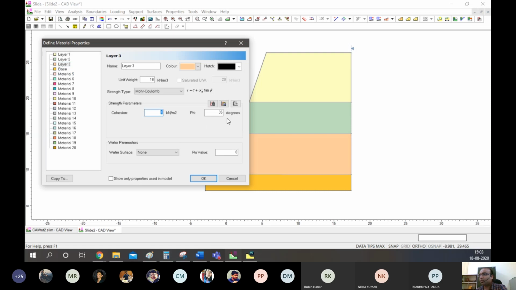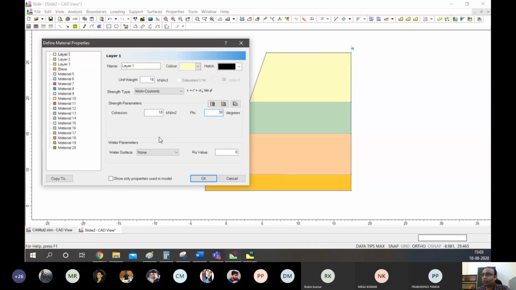The lowest one may have a cohesion of 25 kilonewton per meter square and a friction angle of 35. Layer 2 will have 18.7 and a friction angle of 32, and this will have 18 and a friction angle of 30.